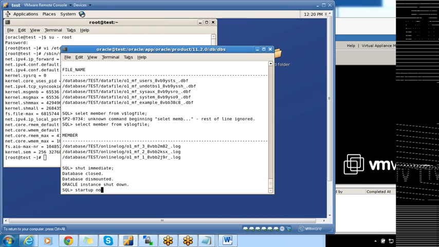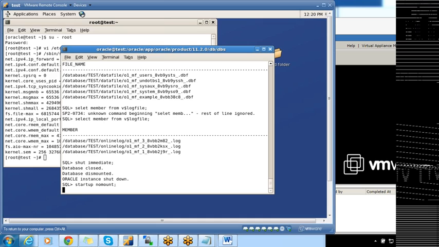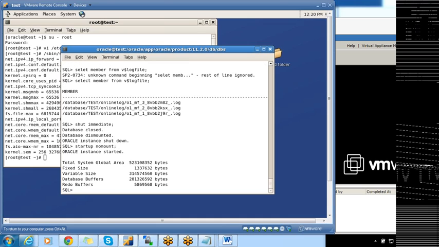Startup nomount. Here, okay, no. Alter database mount.